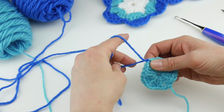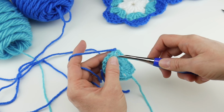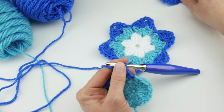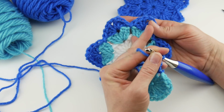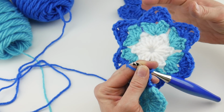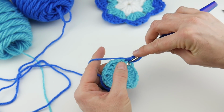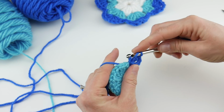So what you're going to do is, again, hold this tail along the edge as we work, insert your hook into that same space, bring up a loop, and then chain 3. 1, 2, 3. Now if we refer back to our star, this one's the same, but a little bit easier to see because of the color distinction. This aqua is what we're going to be working on next. As we expand and create these star points, we're going to have 2 groups in each space now. So we're going to chain 3, work 2 double crochet, 1 and 2,